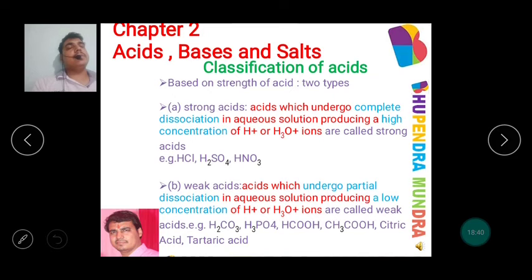Hydrochloric acid is present in our gastric juice in the stomach. Some mineral acids, or inorganic acids obtained from minerals, are hydrochloric acid HCl, nitric acid HNO3, sulfuric acid